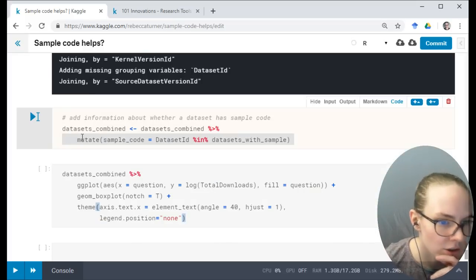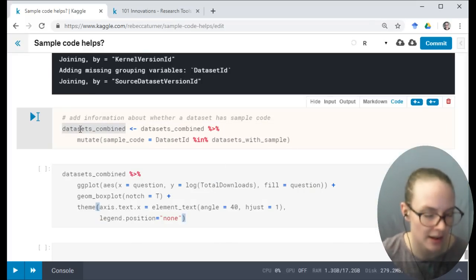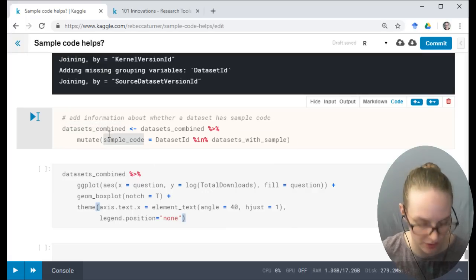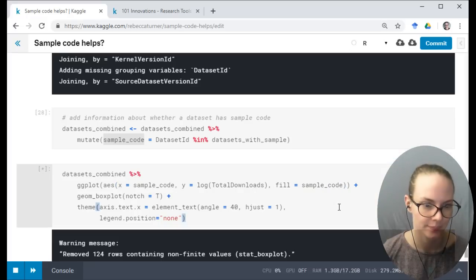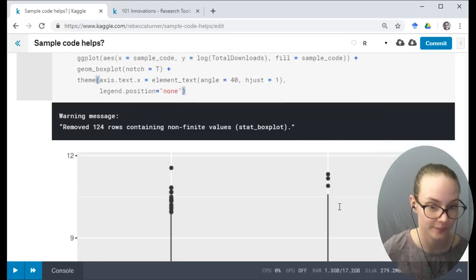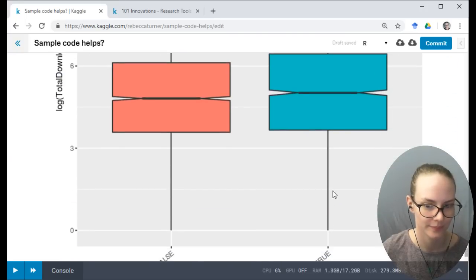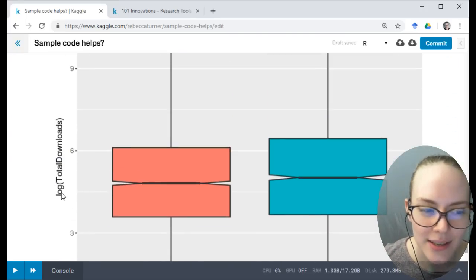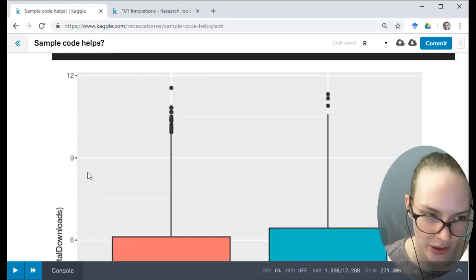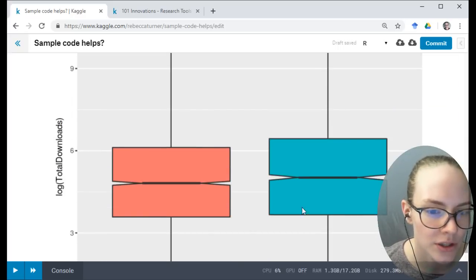All right, and so we want to do, still datasets combined, but instead of question, we want fill to be and x to be sample code. So this is log of total downloads, which